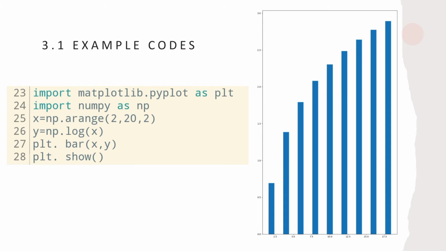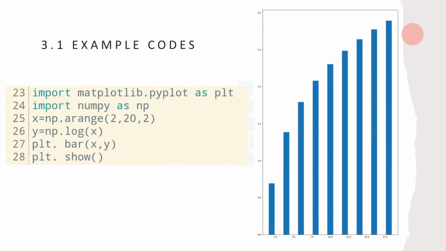Some more examples I have to show you. This is a log x, some values with a log function, and it looks like this. Data points are actually in there, and from the axis the data are converted into bars.